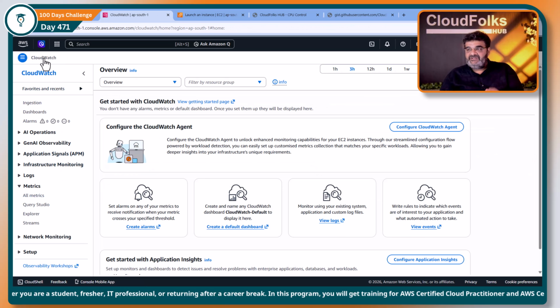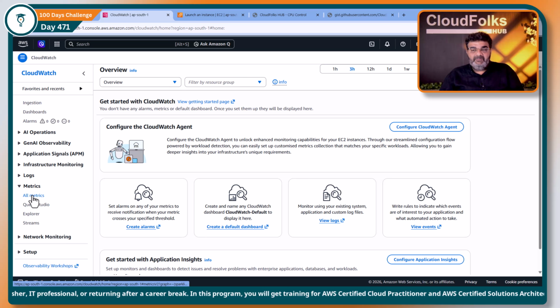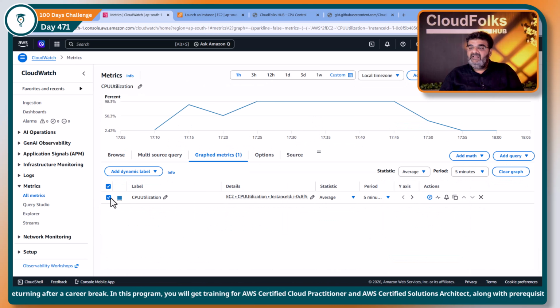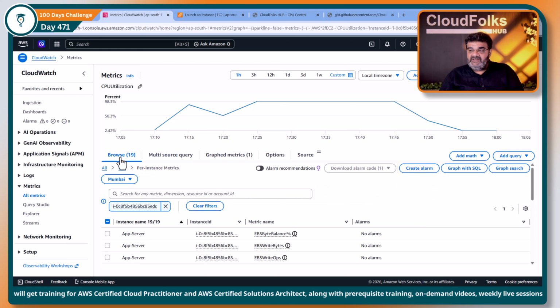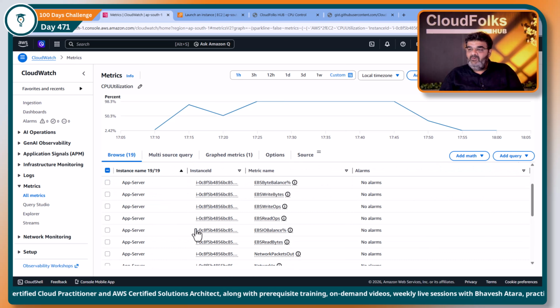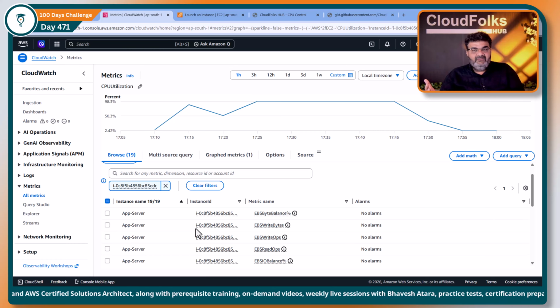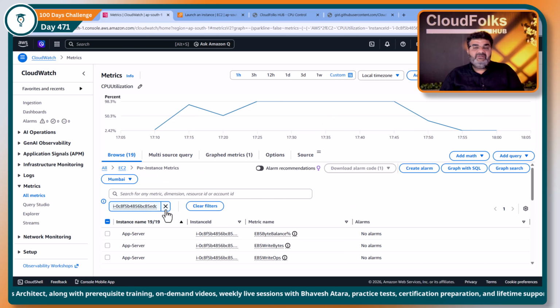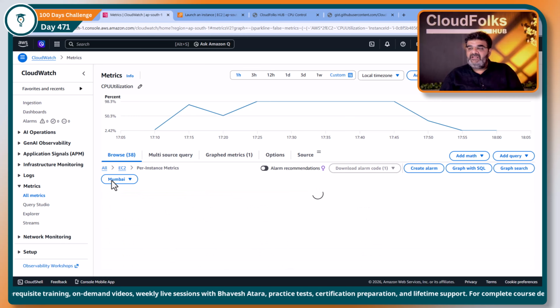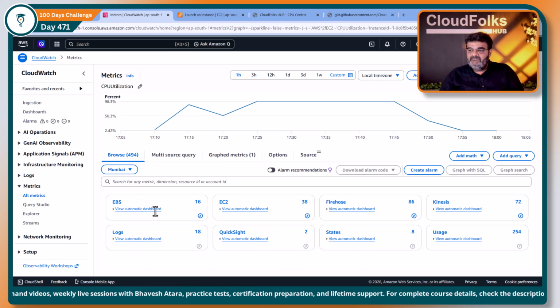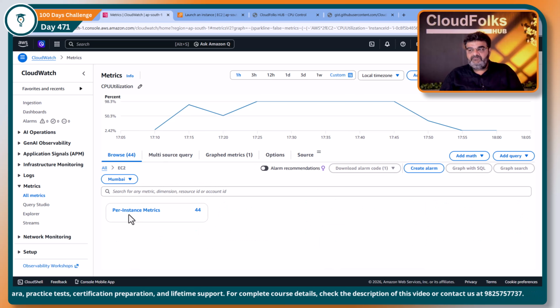Let's open a fresh CloudWatch. Then you have to go to the metrics. Here we are getting it. So no need to worry. You have to go to the browser. And here we have all the details about our old instance. And we want details about our new instance. So what we can do, we can go to All. Okay. Here we have EC2 and we have